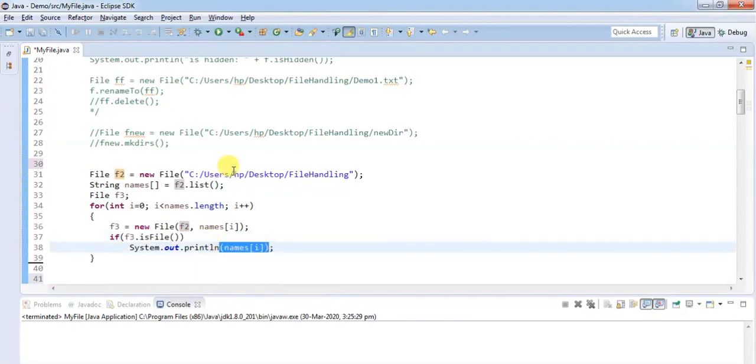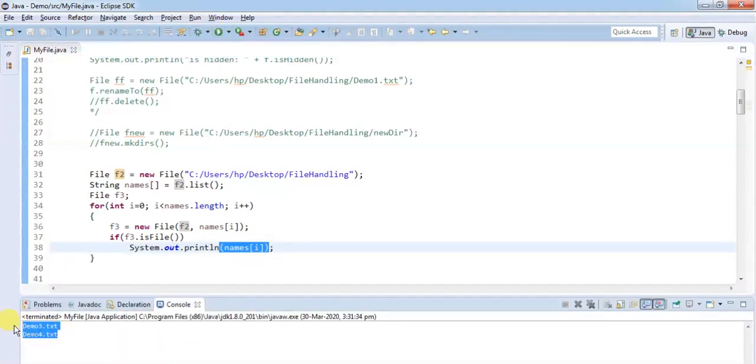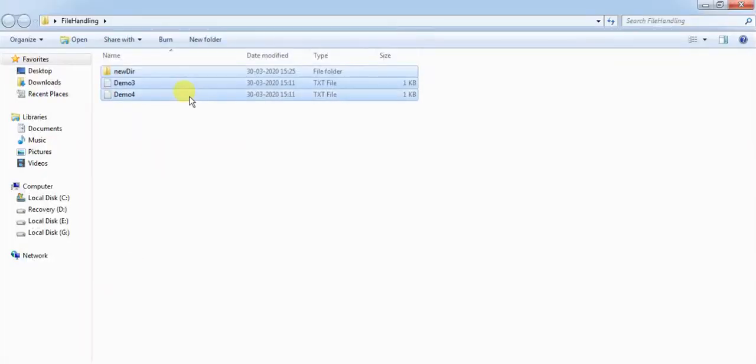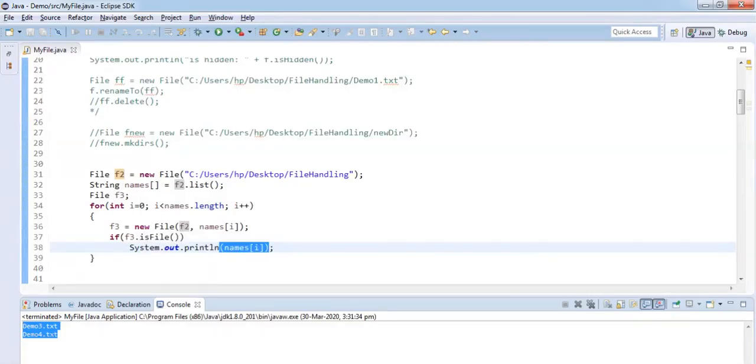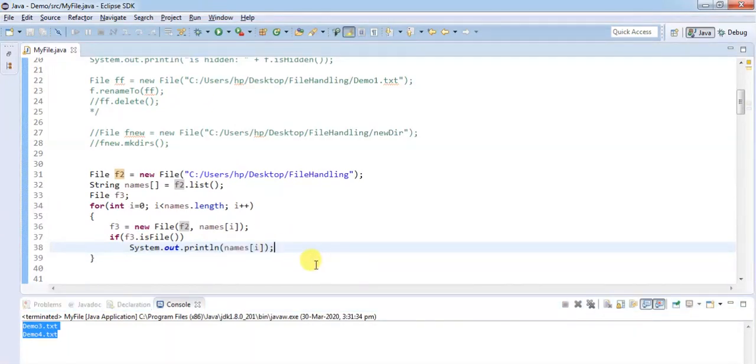Okay, so let's try to execute this. Execute and see, demo 3 and demo 4 got printed. That's what I have here, demo 3 and demo 4. The directory name did not get printed. So you can take your concept as far as possible. Along with printing the names, you can also print, like, the size of the file is,